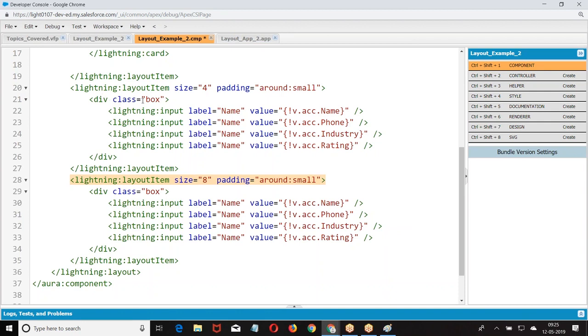The second row I took, so I took here the last name.